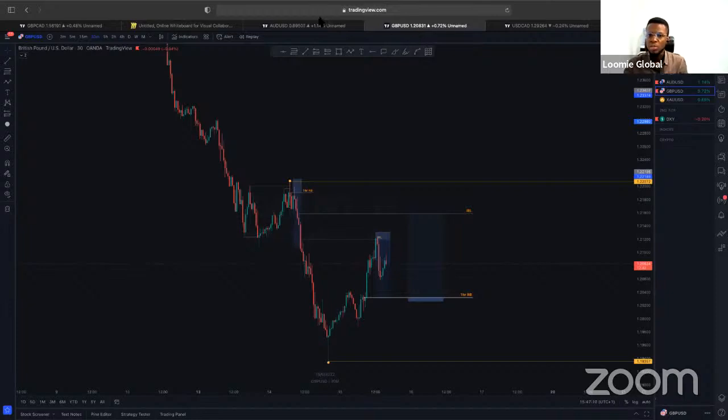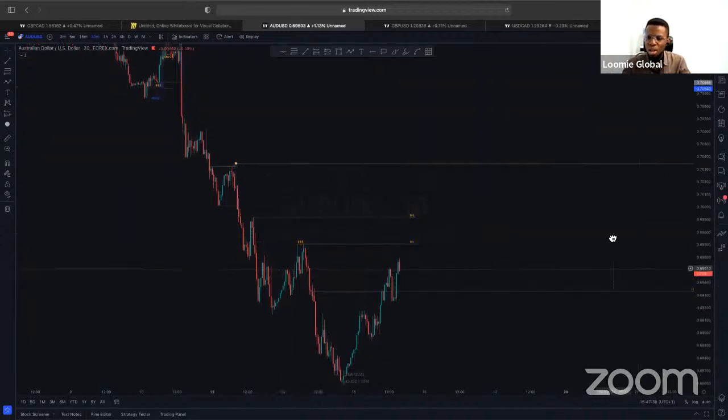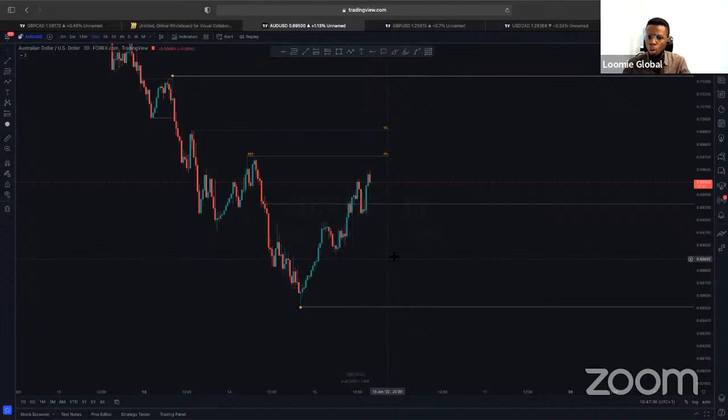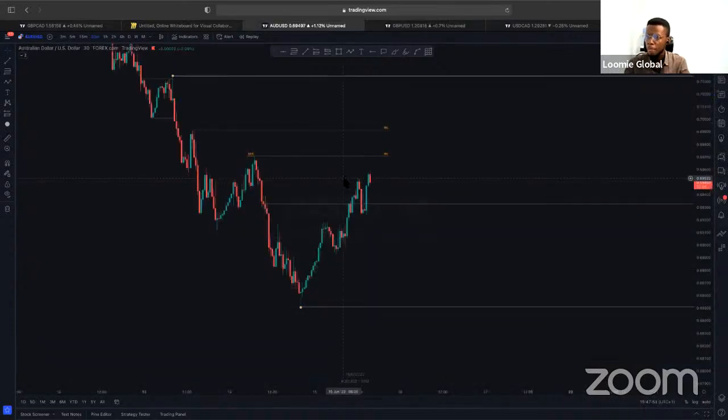So what I do is, if I take a buy on GBP USD, I don't take the same buy on AED USD, right? One other thing I use to my advantage is there are times when I've done my analysis and I've seen that these pairs are supposed to rise, but the entry is not clear for me on GBP USD. What I can do is come and check AED USD to see if the entry is clearer. There are times when I will get a clear entry for a buy on AED USD and not get a clear entry for a buy on GBP USD, right? So once I get a clear entry like that, I can go ahead and take my trade, right?